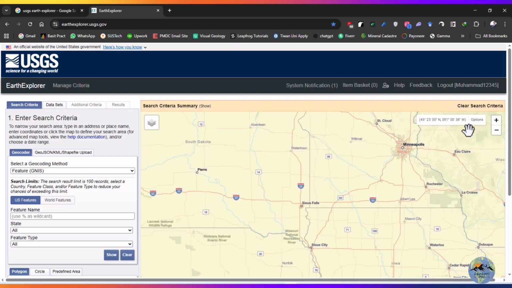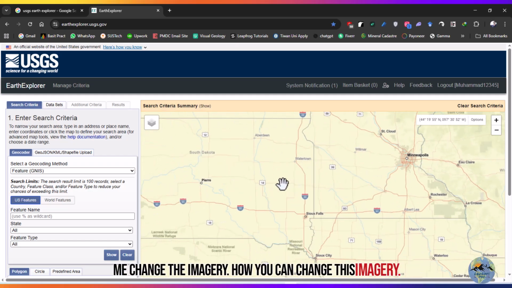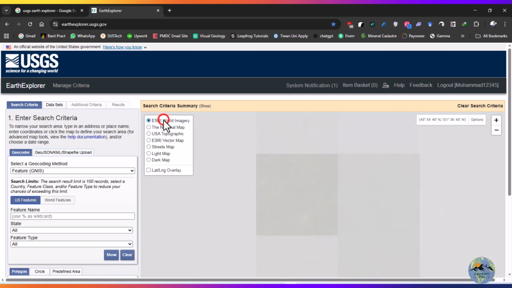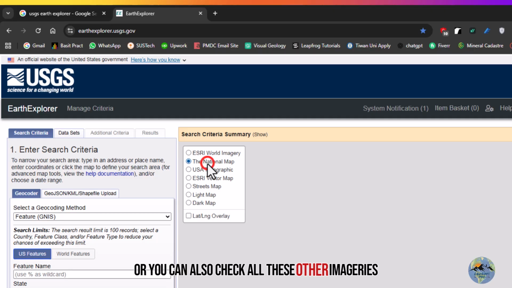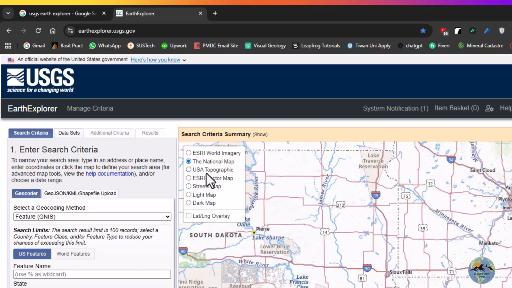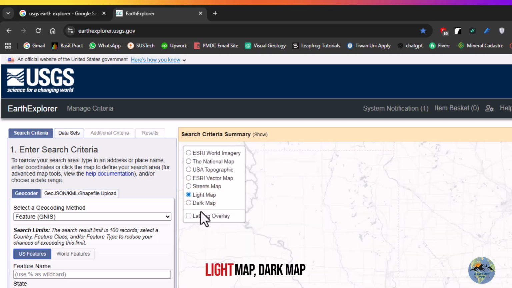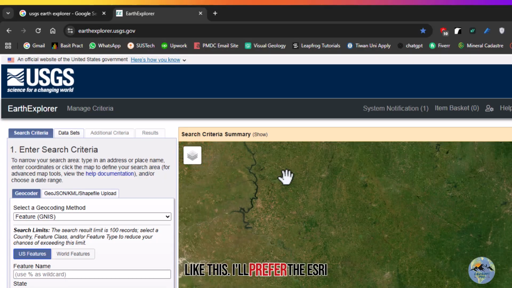Now let me change the imagery. How can you change this imagery? Go to this layer option and you can select the Esri World Imagery, or you can also check all these other imageries like USA topographic, street map, light map, dark map, like this. I'll prefer the Esri. Okay,